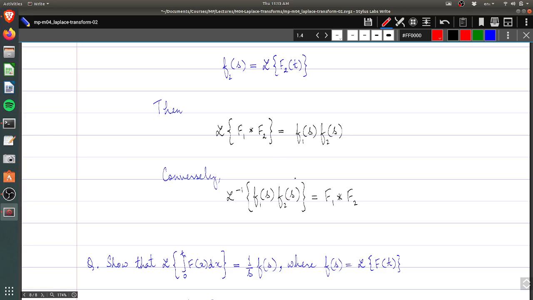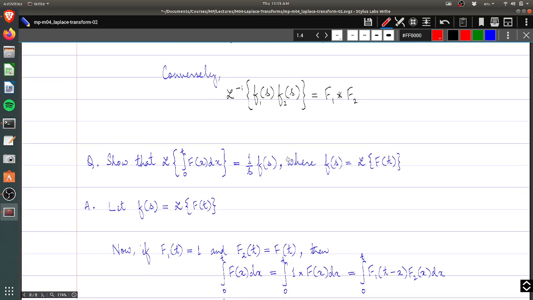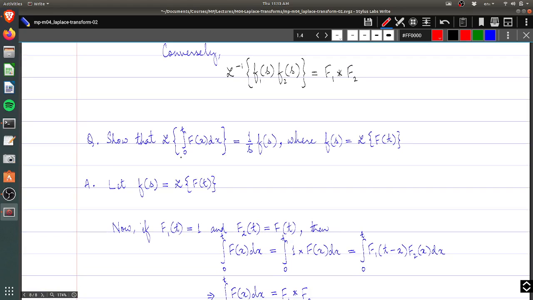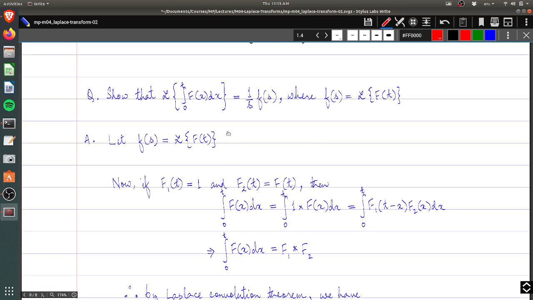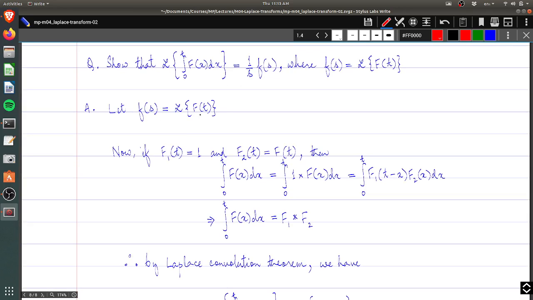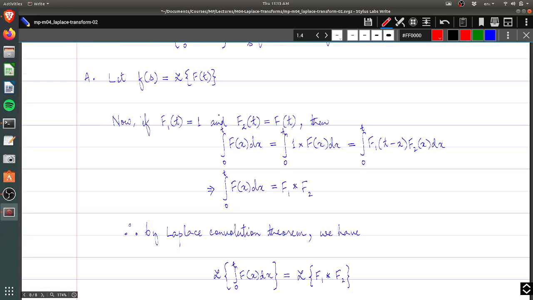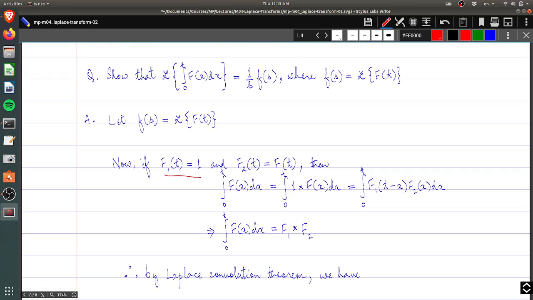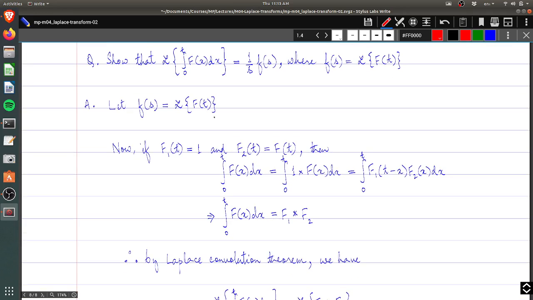Okay, so a very simple example: let us say I want to prove this result, that the Laplace transform of this integral is equal to 1/s times F(s). What is F(s)? F(s) is the Laplace transform of this function. So we say that F(s) here is the Laplace transform of this given function. So let's say I define two functions, f1 is 1, just a constant function, and f2 is this function f(t). Okay, so this integral that we are trying to find out, integration from 0 to t of f(x) dx,